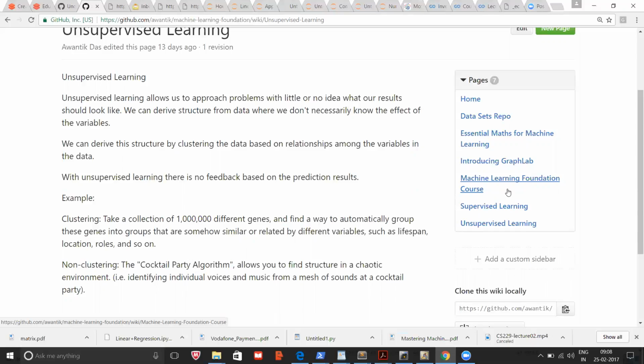it has no idea how the results look. What it typically does is cluster the data. It just groups the data. Let's take an example, clustering. Take an example of 1 million different genes. Find a way to automatically group the genes. The algorithm finds the relations between data. Rather than finding the relation between input and output, it finds the relationship between data and will try to bring that data together